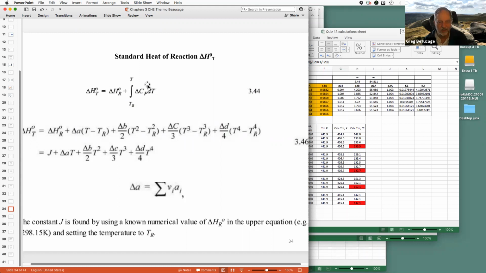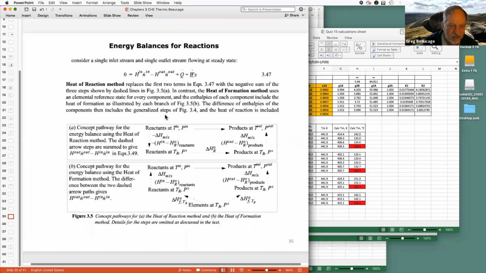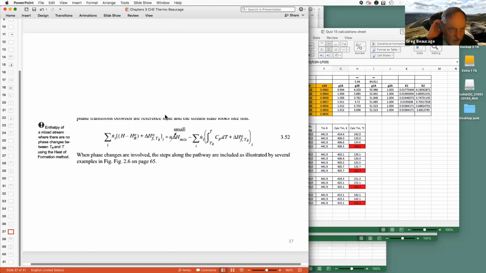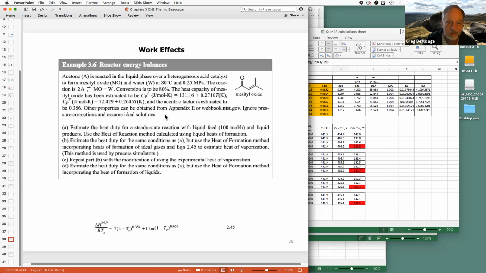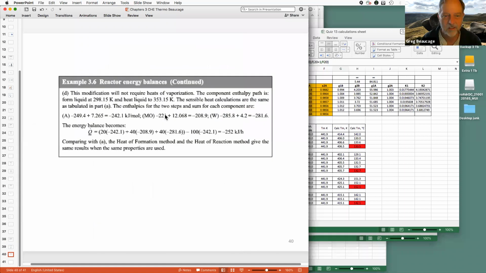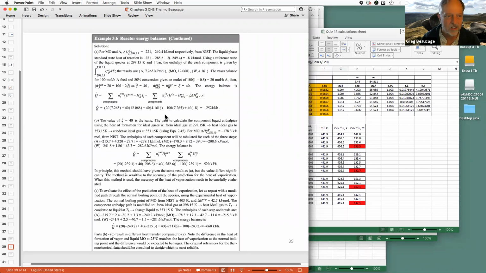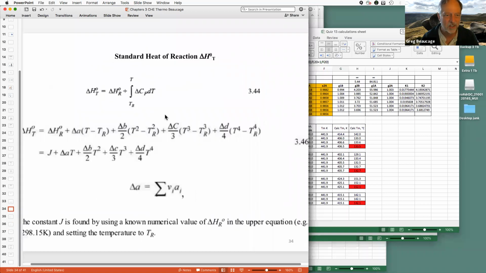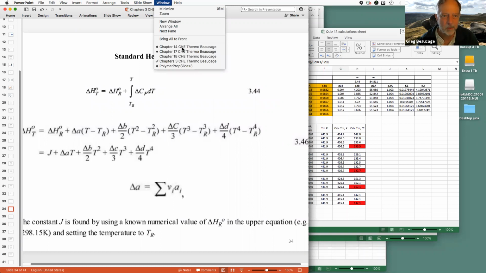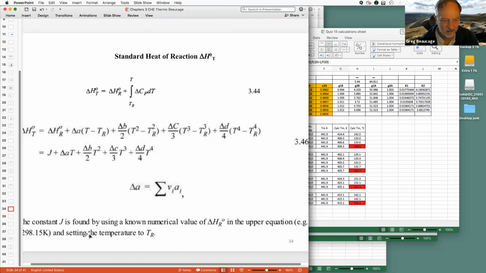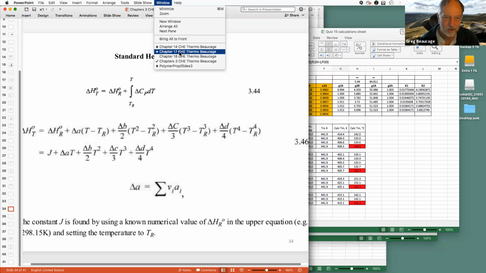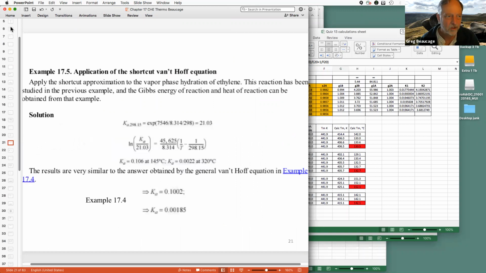So we'll use that. We need this thing in this chapter because we're going to be figuring out the equilibrium constant at different temperatures. If you remember, we did the heat of reaction method and the heat of formation method, 2 methods to get the delta H, which ended up being essentially the same math, right? That's what we did back in chapter 3 for reaction. We didn't get the equilibria. What about calculating the equilibrium constant? Here you're given the extent of reaction. In chapter 17, you calculate the extent of reaction